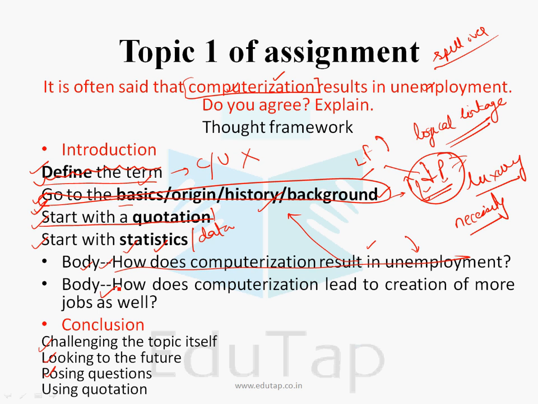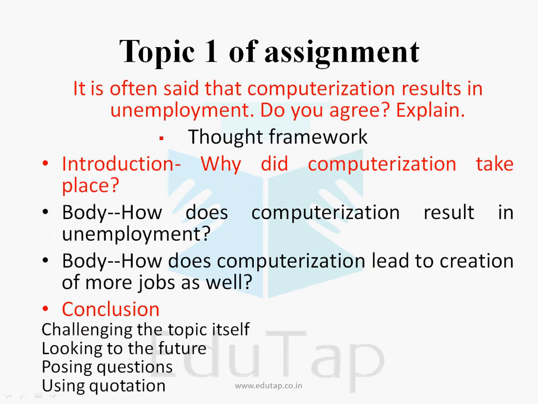Then you have to write the body, these 2 paragraphs, and when we come to the conclusion, these are the 4 styles: challenging the topic, looking to the future, posing questions, or using a quotation. Now the introduction is final, that why did computerization take place? You can answer this, and it automatically blends with body paragraph 1, and it automatically blends with body paragraph 2. Now, coming to the conclusion, you have to think about what can be a good conclusion for